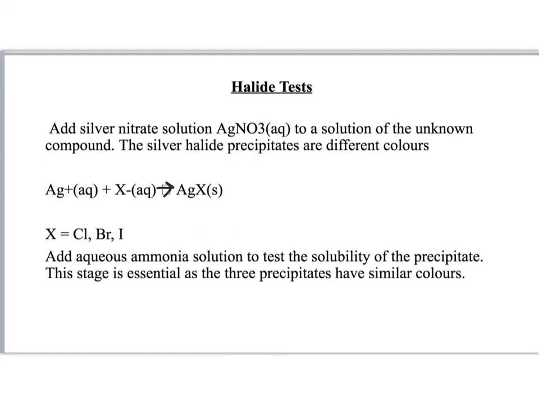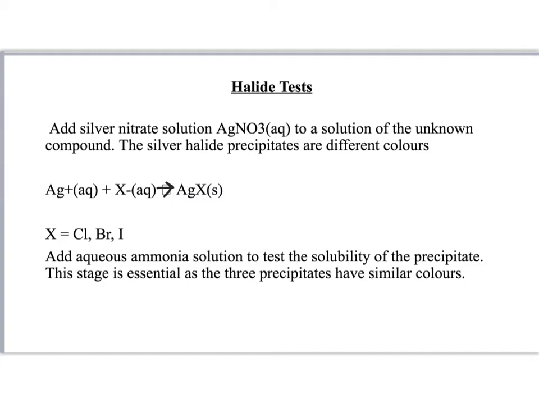Finally, for the anions, we're going to look at halide tests. Now, the halide tests were covered in the group 7 topic, but let's just recap that. For this one, we add silver nitrate solution to a solution of the unknown compound, and if we have a halide present, we will form the silver halide precipitate. Now, often these silver halide precipitates are of a similar colour. If I'm testing for a chloride, I would make silver chloride, which is white. If it's bromide, I make silver bromide, which is cream. And if it's iodide, I make a kind of pale yellow